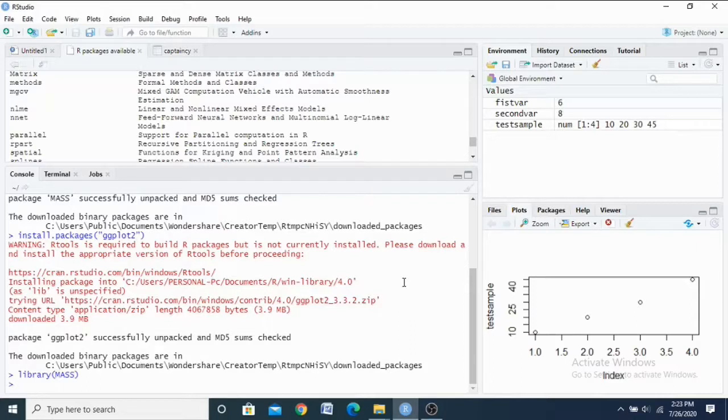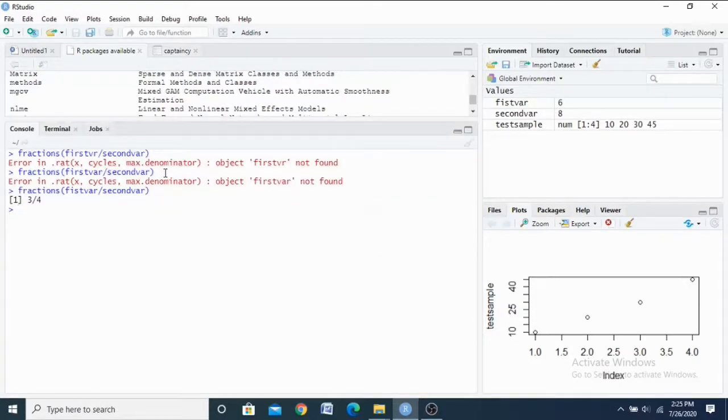Okay, library(MOS). Okay, then we do one fraction. Once you have installed this MOS package, only then can we do some fractional functions. So automatically 3 by 4 is coming. So fractions of the first variable divided by the second variable.